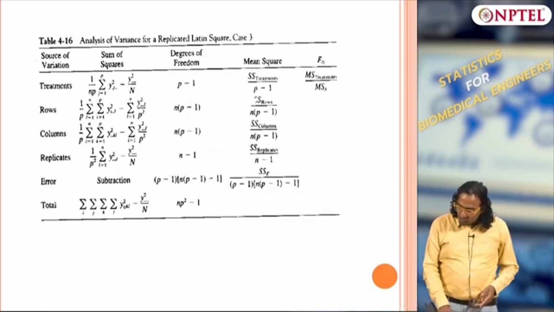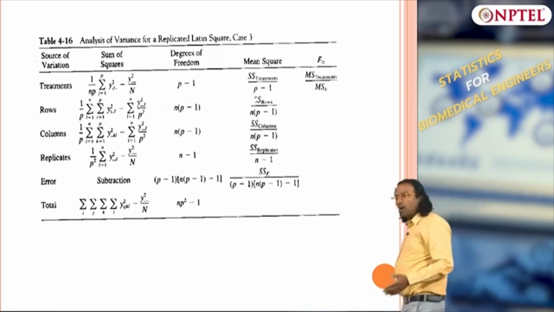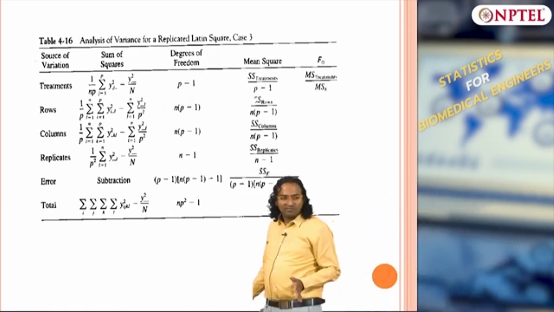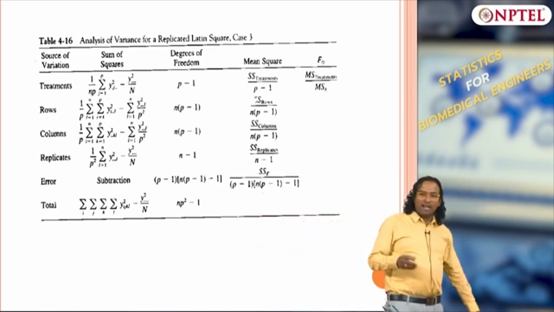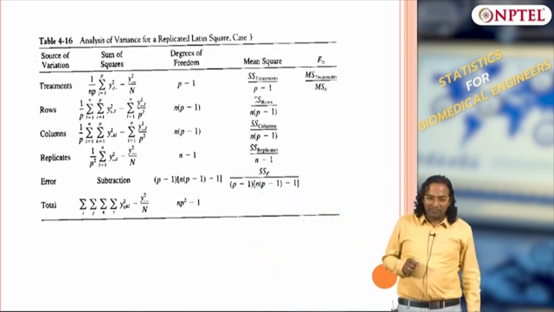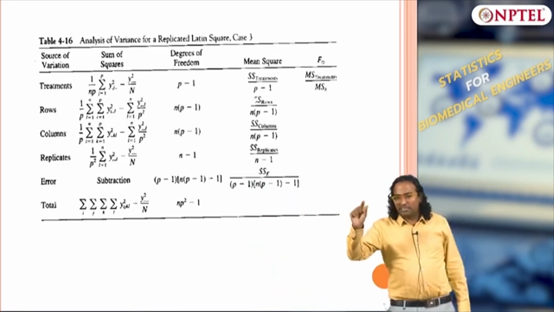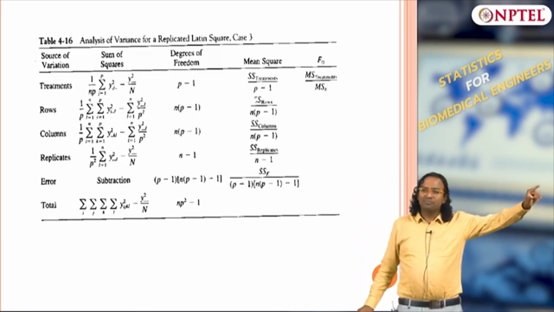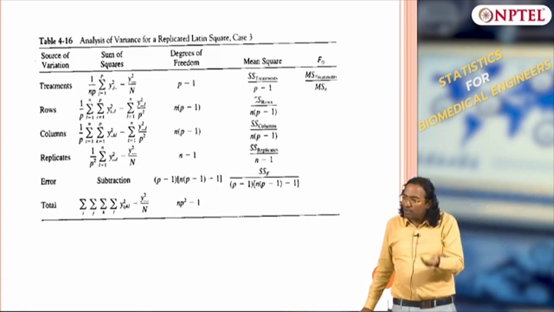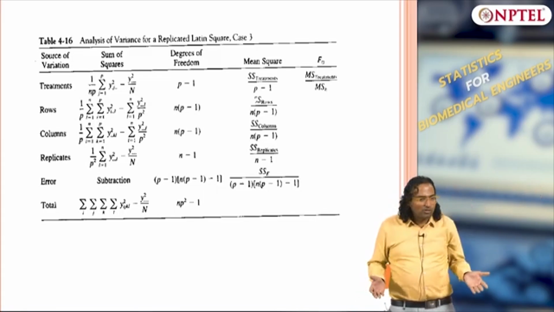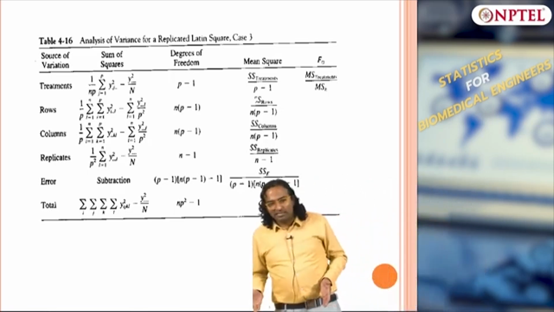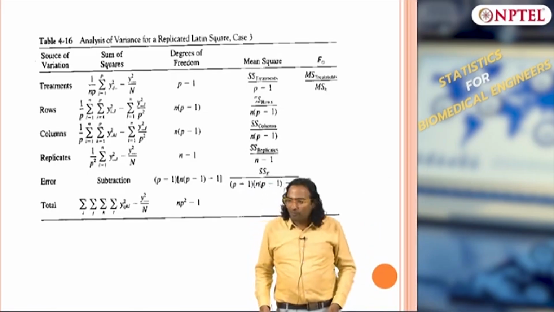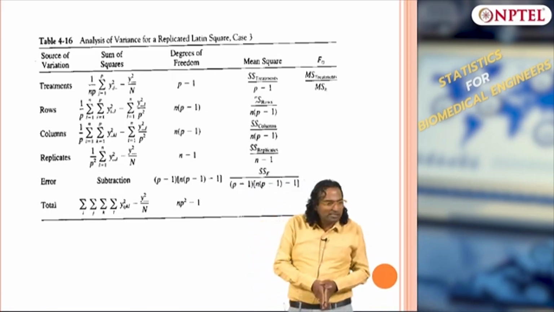Okay. Now there is a case where I would not have been able to replicate both rows and columns. I do not have control over both the nuisance factors. Imagine my treatment dosage is the same, but the batch from which this drug is made is different from the other batch. Remember, batch to batch variation exists, right? Of course, your batch of medicine could be good or not the same. When you are testing, you have to account for batch to batch variation. Suppose Pfizer is testing in one batch